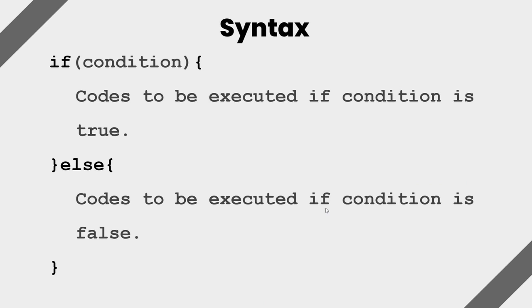So here we have the syntax of our if else statement. It also begins with the if keyword, which is followed by the condition. You are going to define the condition within the normal brackets here. If this condition is met, this particular portion of code would be executed. But if it's not met, we now have the else keyword here, which is used to represent